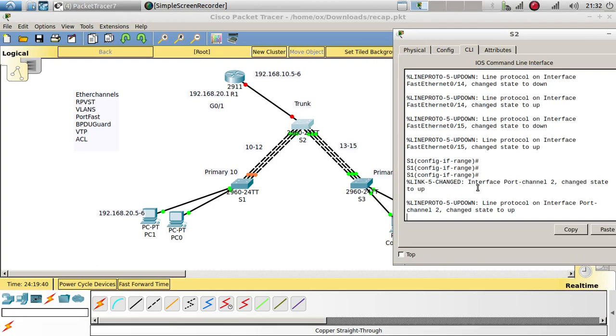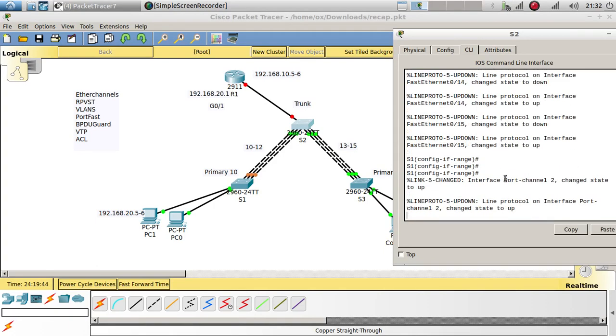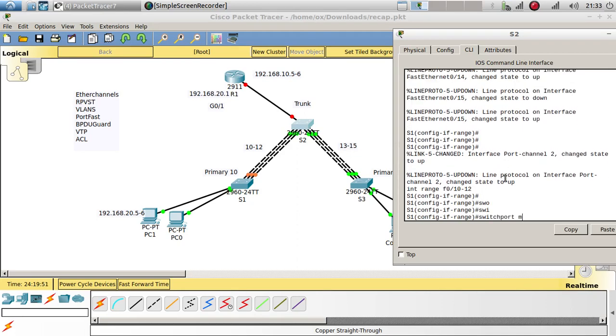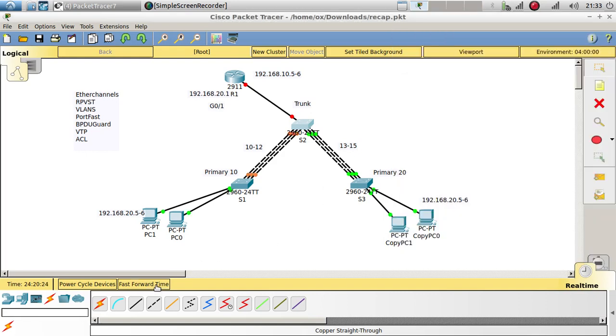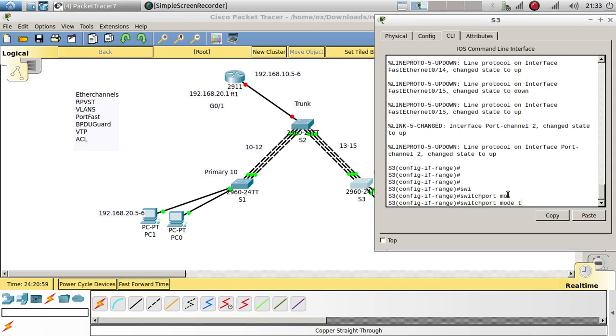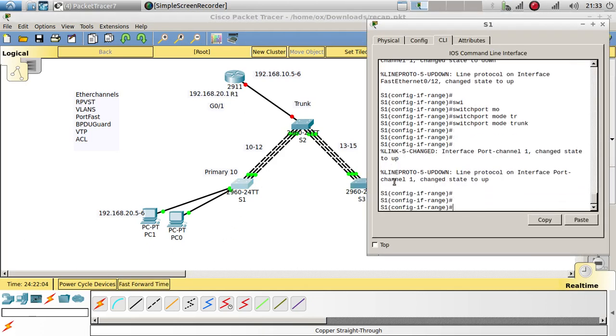Alright, and let's go ahead and do it also for 10 to 12. Switchport mode trunk. Fast forward. There we go, they're up. Let's do it over here too. Switchport mode trunk. Fast forward. And now if you go to do show IP interface brief,